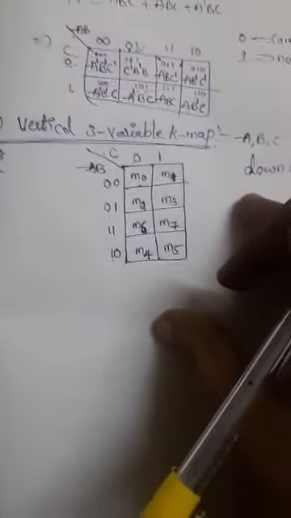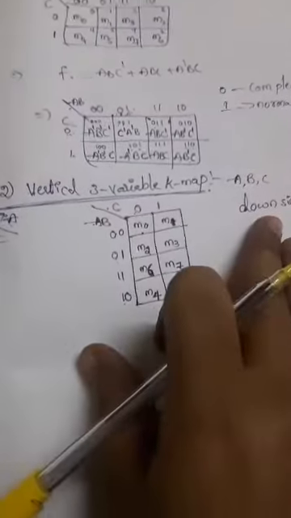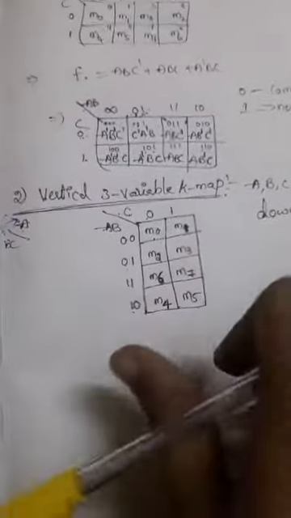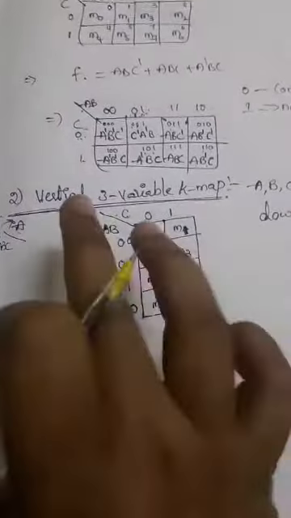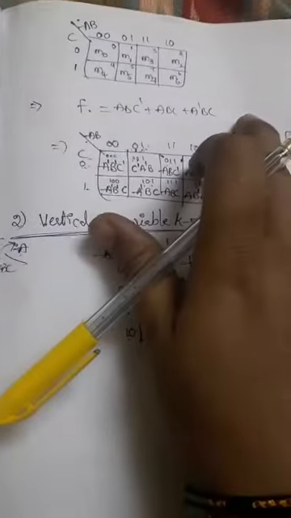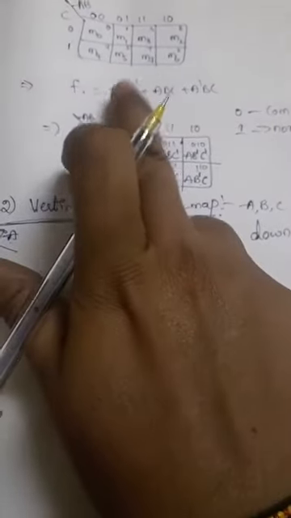So this is the complete pictorial representation of the vertical 3 variable K map. By using some examples of boolean expressions, we need to solve using this. If you consider any boolean expression, it can be solved by using this vertical K map or the horizontal K map. For example, if you have a boolean expression with only three variables, that may be xyz or abc.